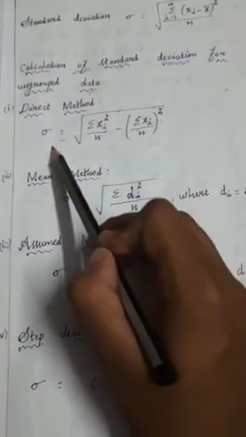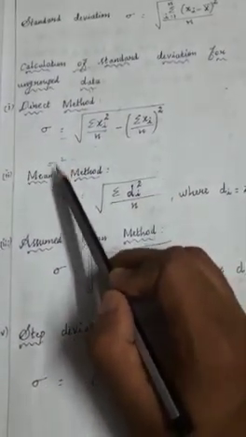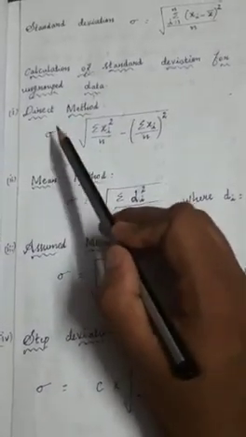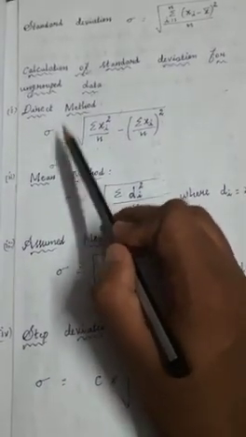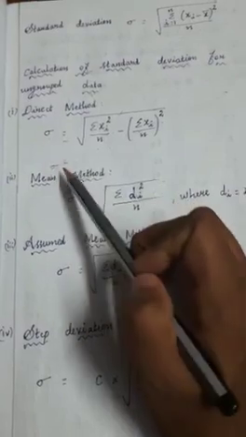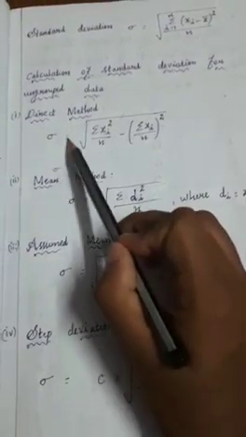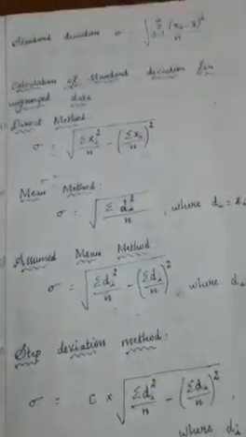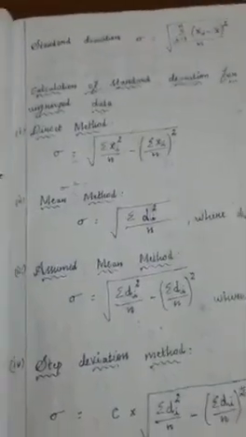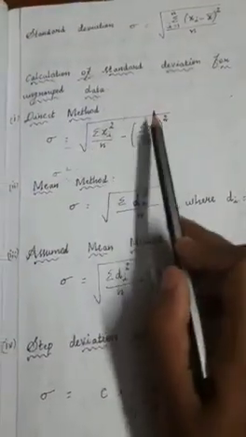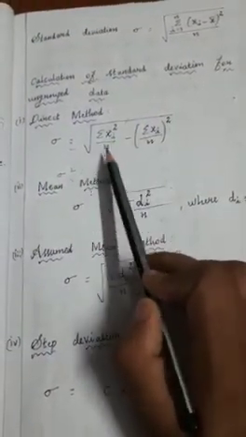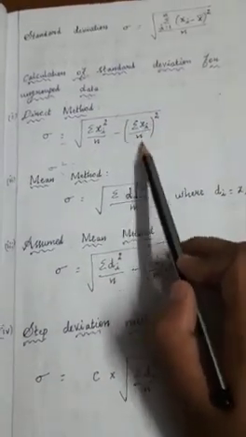If they give the standard deviation, you can easily identify the variance. If they give the variance, we can find the standard deviation. The square root of the variance is the standard deviation. For sigma square, the root will not come. So sigma square is summation xi square divided by n minus the whole square of summation xi by n.